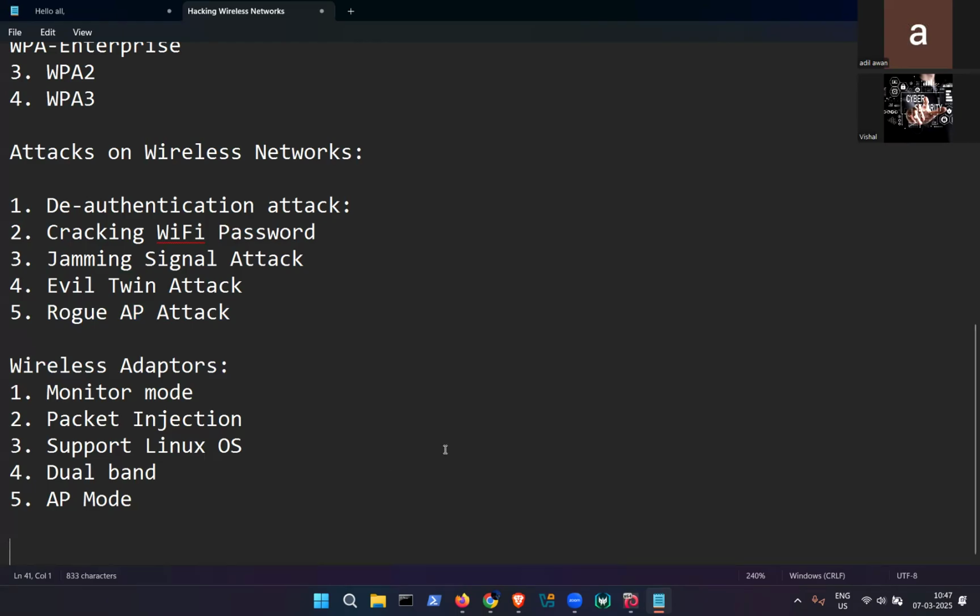So I have a wireless adapter with me, so I'll be using that adapter, and I need to connect it to my network, to the device first. So I've connected it. Let me